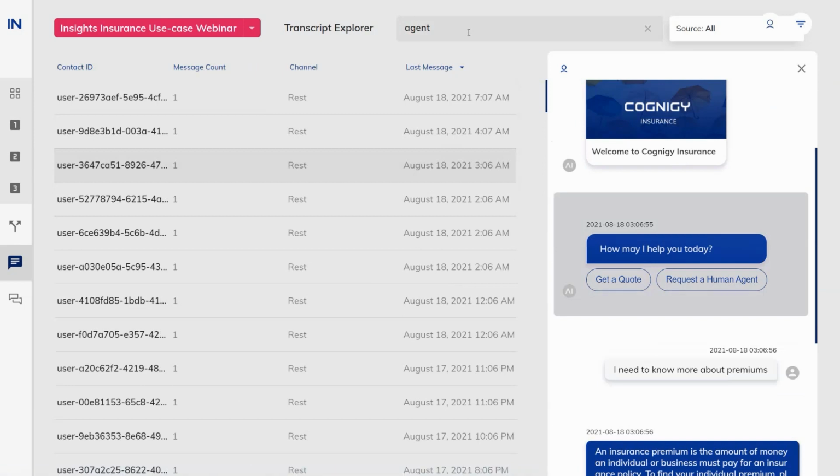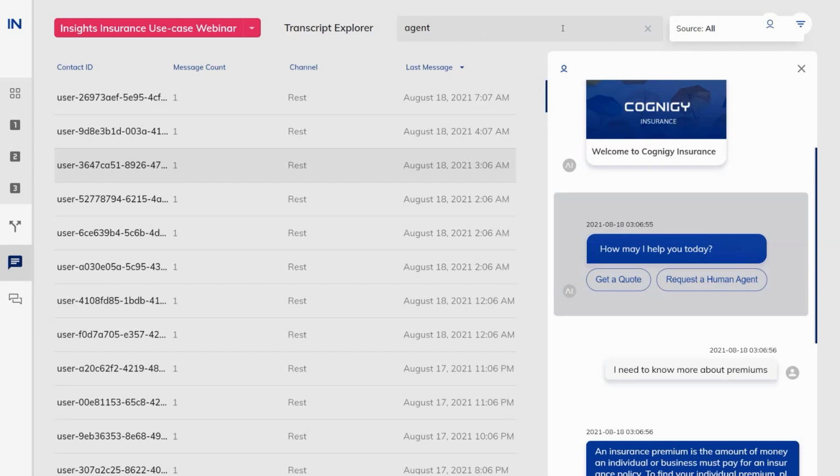So if, for example, we get a support ticket and someone says, well, I spoke with your bot and I put in my booking code, which is ABC123, and then it didn't go through, we could go in here and search for ABC123 to find that specific transcript and search through it that way. Of course, if you have activated it in the endpoint, we still support full GDPR compliance and you turning